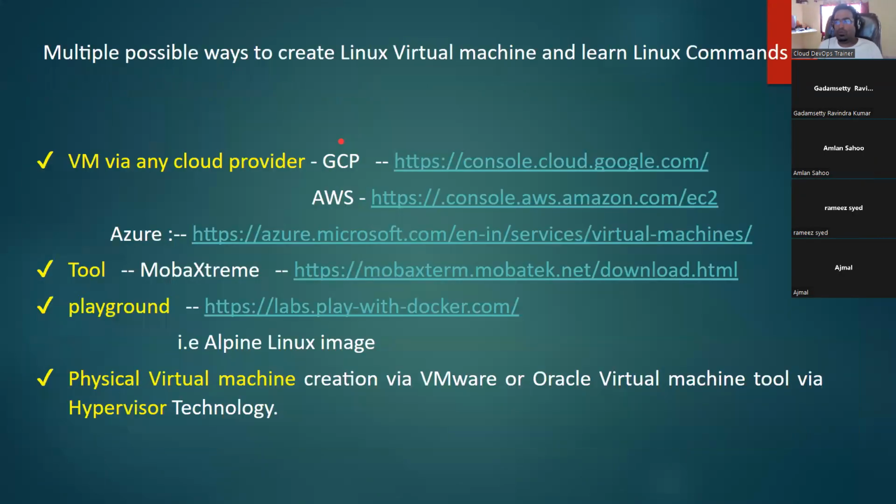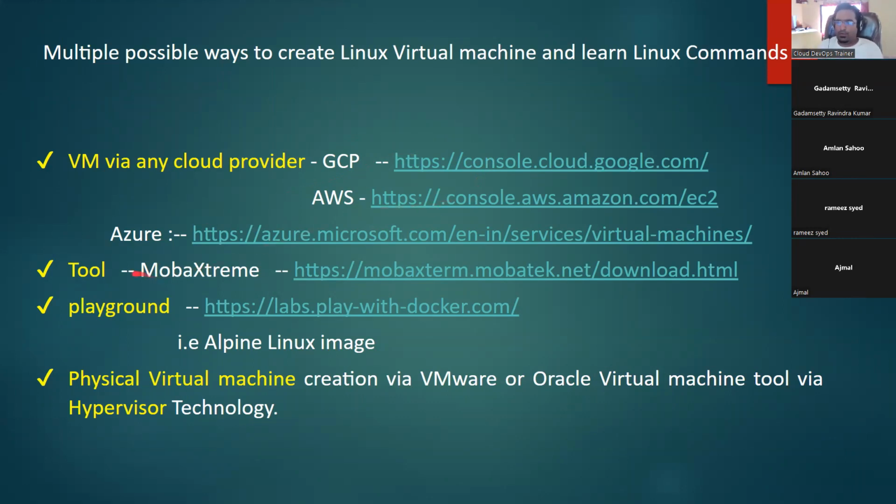And this is the approach we are going to use, or we can create a Linux virtual machine with the help of these many approaches. Very first approach, we can create a virtual machine with the help of a cloud provider and use it. Google Cloud, AWS, Azure, and all the primary cloud providers provide a virtual machine to us. Today, we are going to create a GCP or AWS account as well, but I have one account at this point and one account next week.